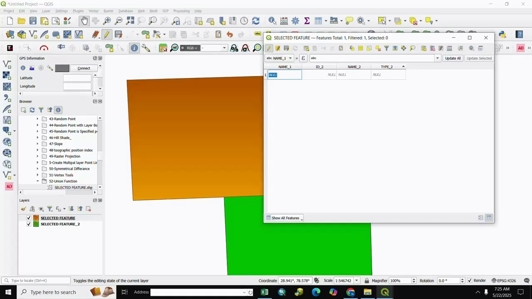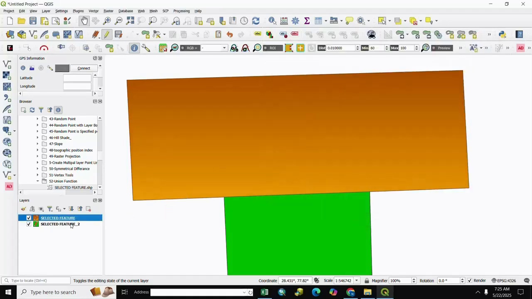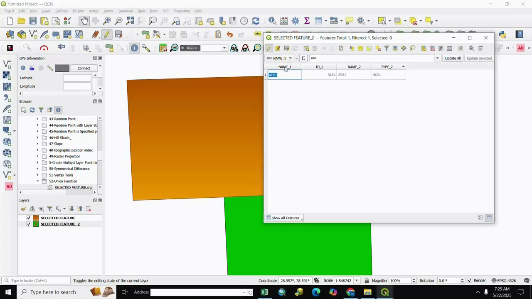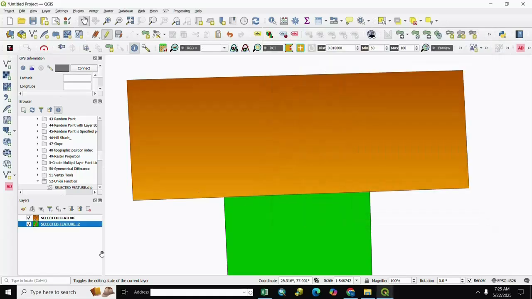Selected feature 1 has name 1, id 2, name 2 and type 2, and we see the same for selected feature 2. We right click, open the attribute table, and see name 1, id 2, name 2 and type 2, and we union it.